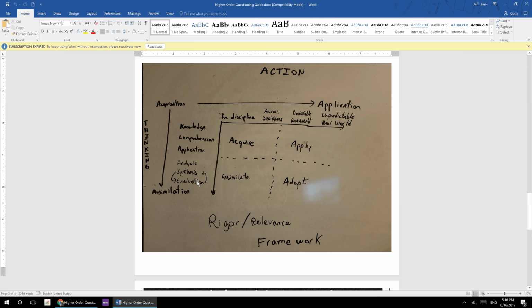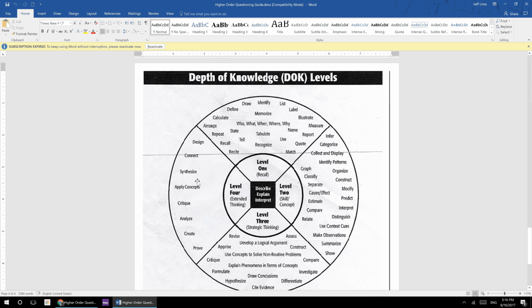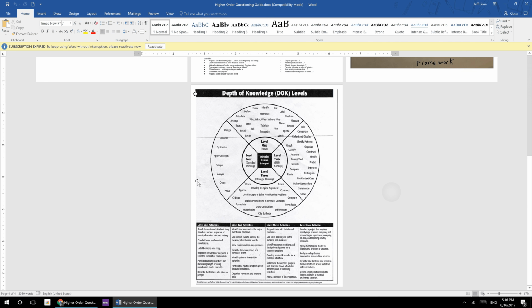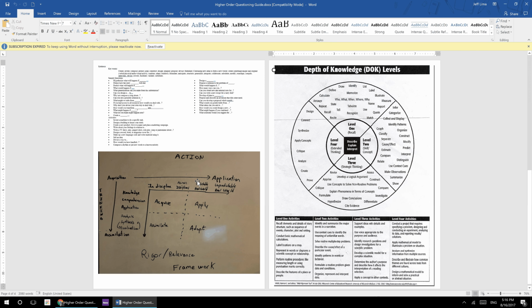Another way to represent this is to look at a depth of knowledge chart. And this kind of helps you see different key terms which are associated with these different levels of thinking. So I hope this helps you understand that it's important to push yourself to work with the content at multiple levels of learning, so especially the higher ones, so you can be prepared to do things that computers struggle a little bit more with.